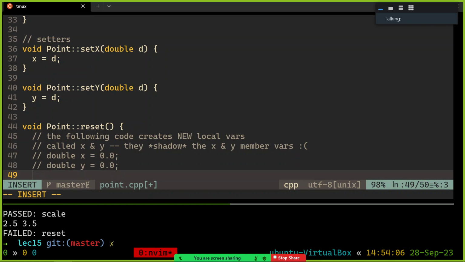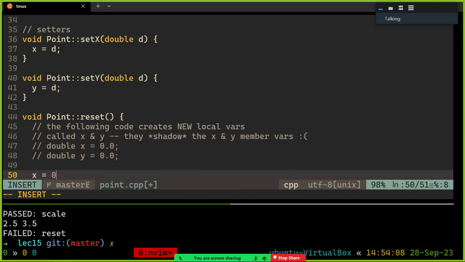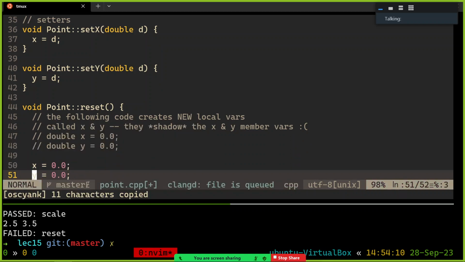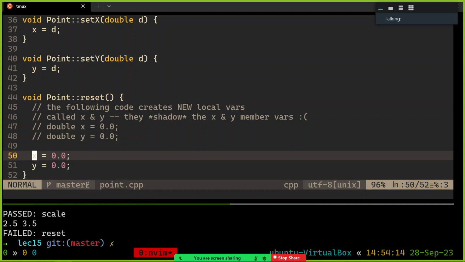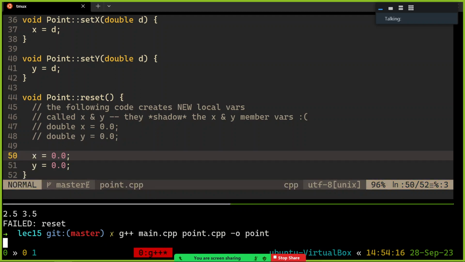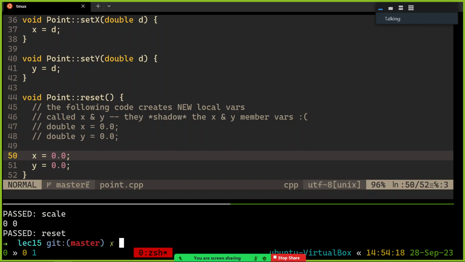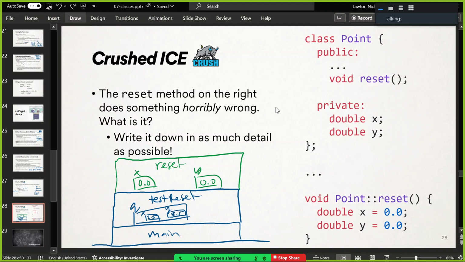All right, set x. Don't need to declare it again. Set x to 0, set y to 0. That's actually going to touch the member variables now. Does that make sense? That's how that's going to work, and now the test will pass. But yeah, this reset method returns, those x and y local variables went away, and we never modified the original thing with that